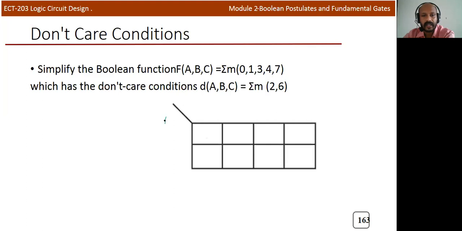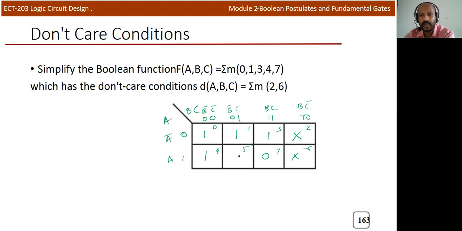So here the variable is a, b, c. So here put 0 and 1. Here it is a bar and a. This is 0 0 0 1 1 0 1 1. Okay, this is b bar c bar, b bar c, b c, and b c bar. Now we can see that is 0 1 2 3 4 5 6 and 7. So we need to indicate 0, 1 we need to indicate, 3 we need to indicate, 4 and 2 is considered as a don't care condition, 6 is also don't care condition, but the other two values are 0.